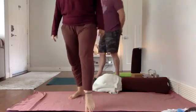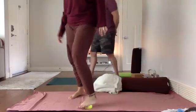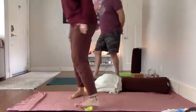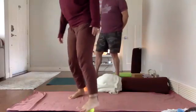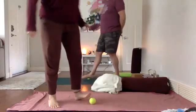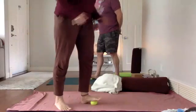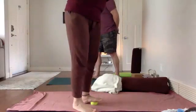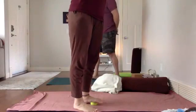Good. Okay. And now I'm going to find that. We will turn the foot a little bit. I didn't do that on this side. Turning the leg. Good. And then I'm going to find that reverse high heel again. So heel on the floor, find the ball, and you're bringing the weight forward. So just be very small increments and feel. And then once you're there, you can bring your,